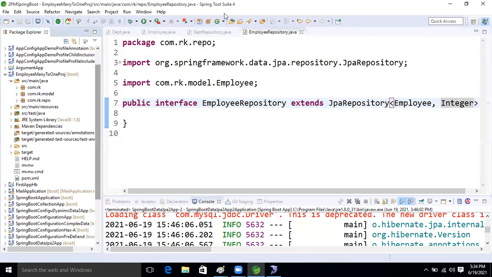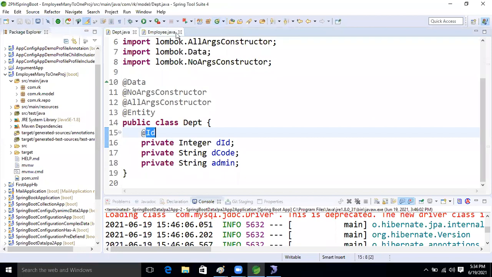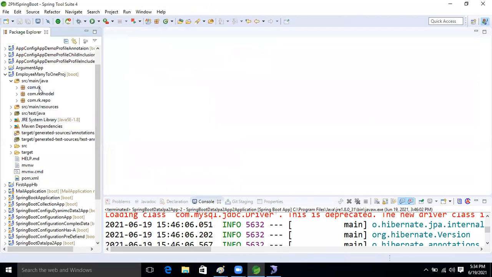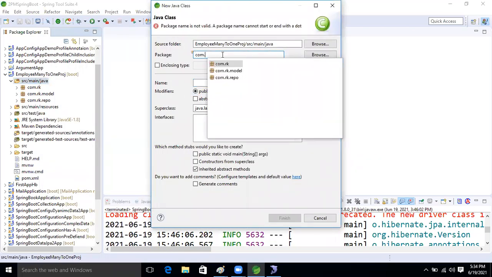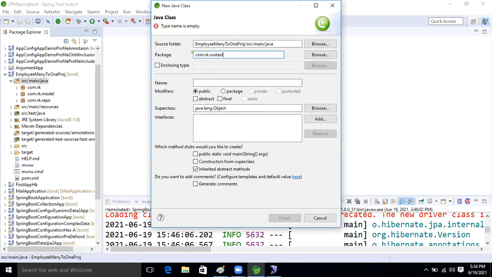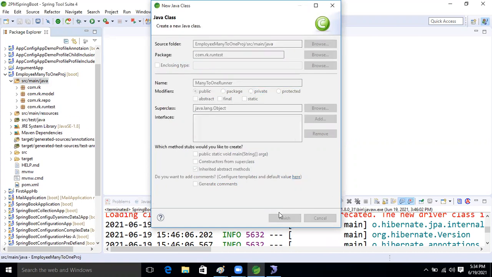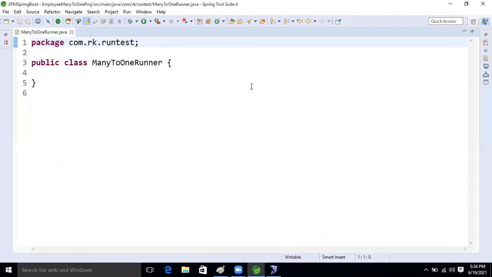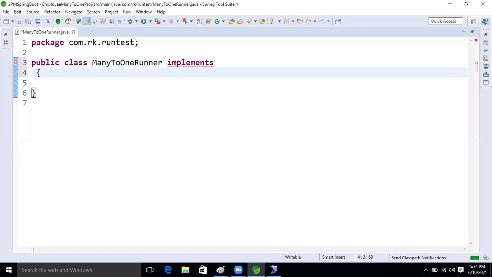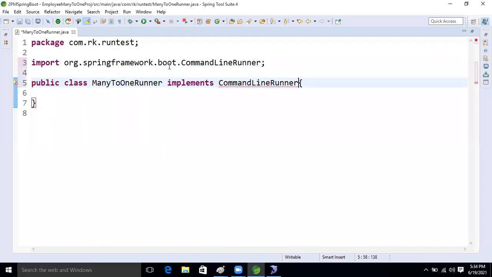Shall we write one runner class and test it now, guys? Right click, new, take one class: com.rk.runner, ManyToOneRunner. Implement CommandLineRunner, the command line runner interface.